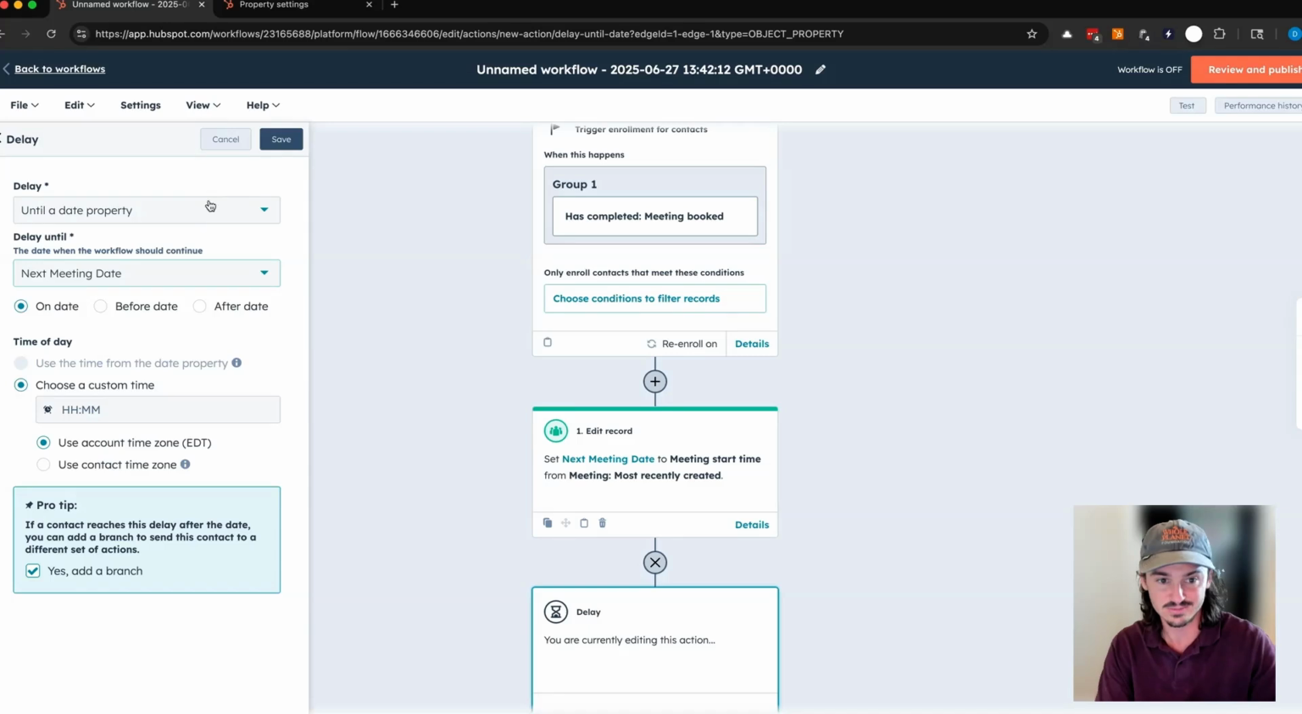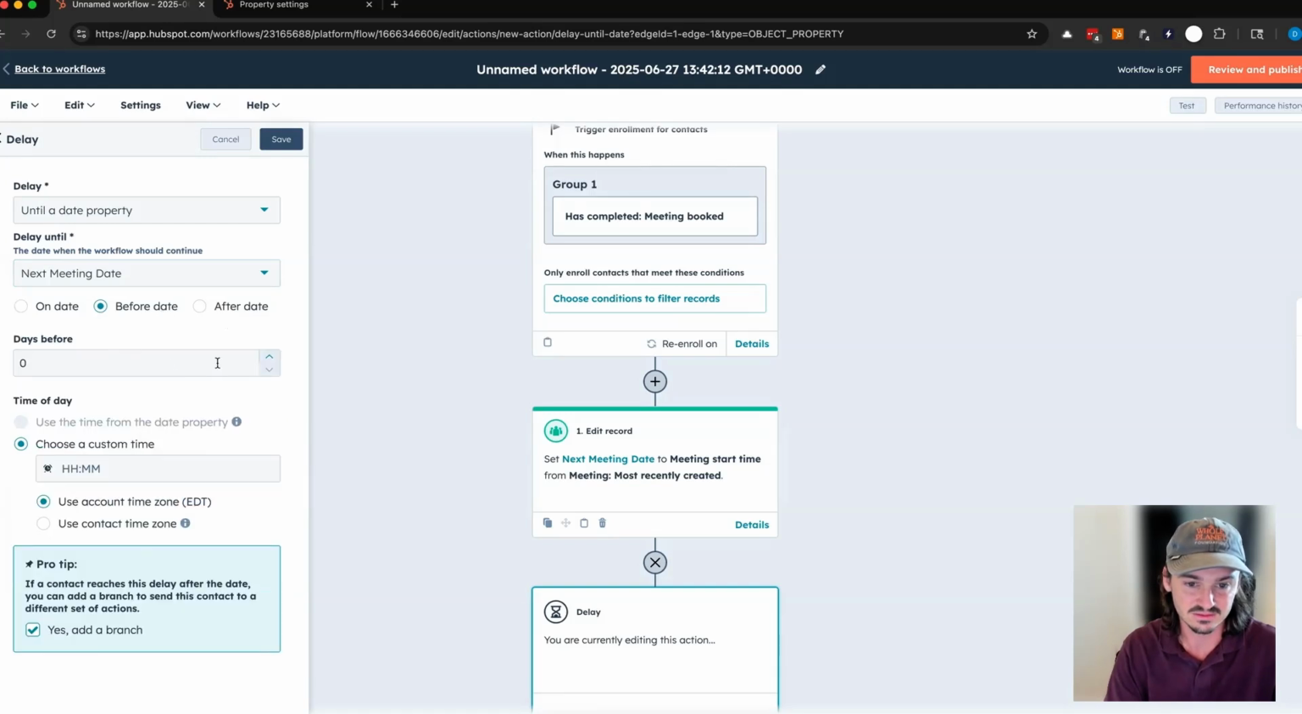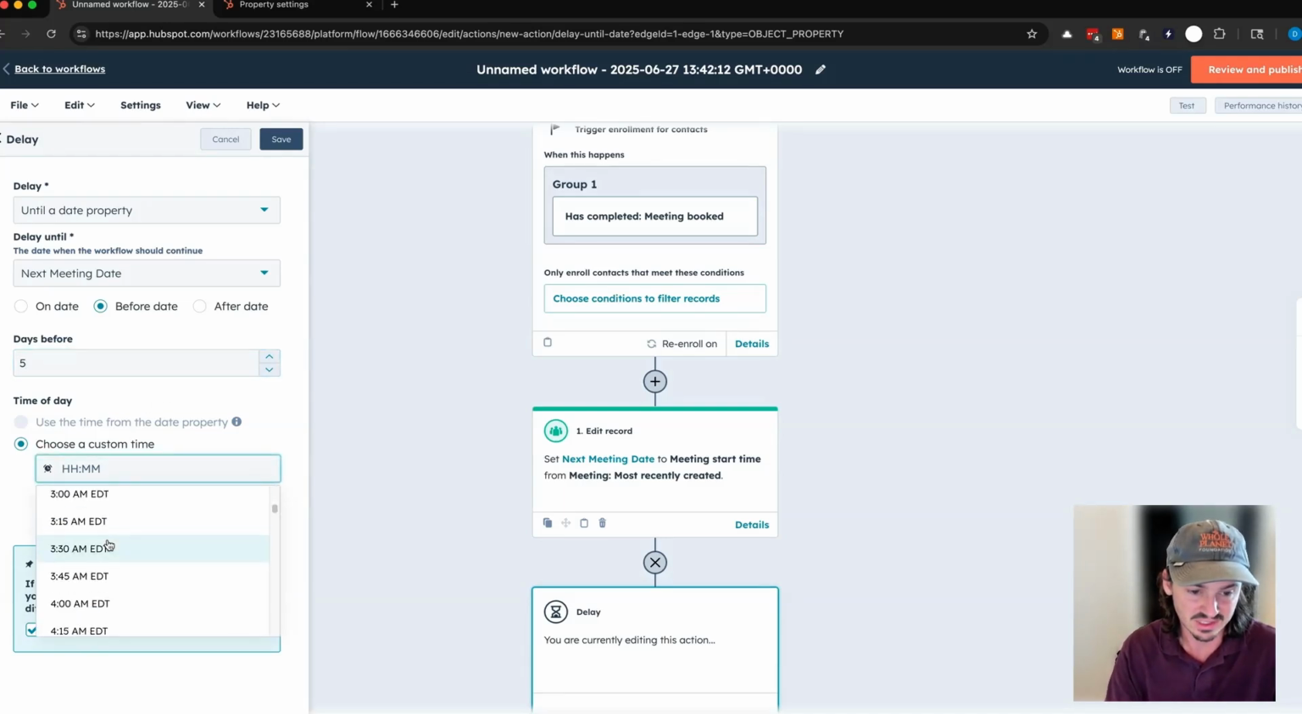But for this example, we're going to keep it simple, assume that there's only one meeting booked at a time. So we're going to delay until before the date. And now we can set up our sequence here to send out various emails. So say we want to do it 10 days before meeting. That's excessive, actually. Move this back. We'll do 5 days before meeting, and then pick a time that we want to delay until to send that